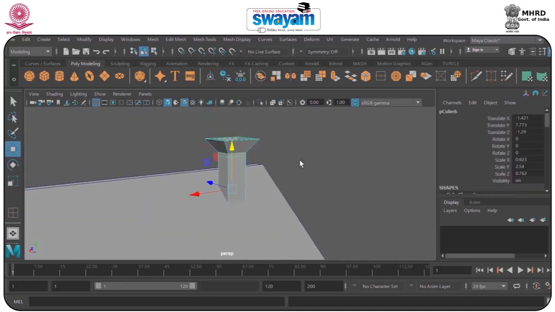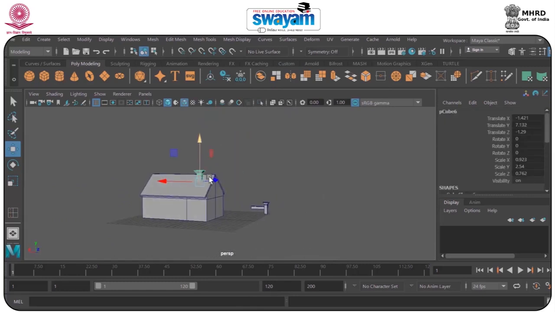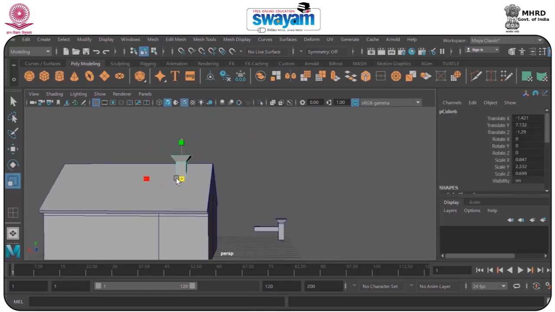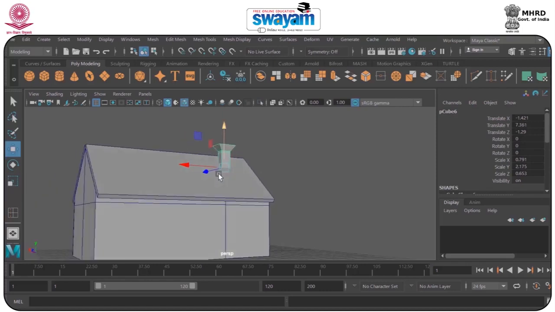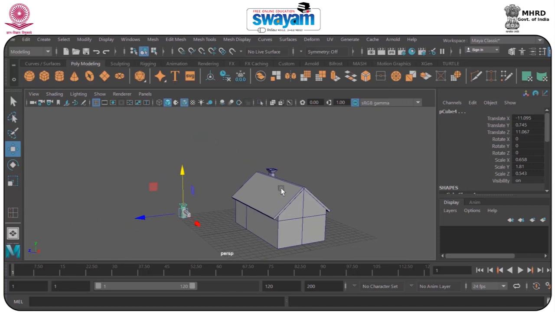So right click, object mode. So this is the chimney part of the house. We'll put it somewhere here. This would be small, not so high. That would be fine. Okay, so we have only one boundary. We'll just copy the same and we have a fence. So I will just save the file. Okay, no problem. I have saved the file.